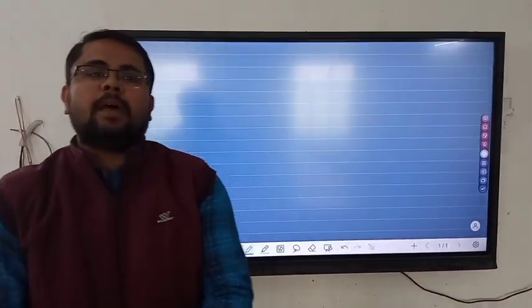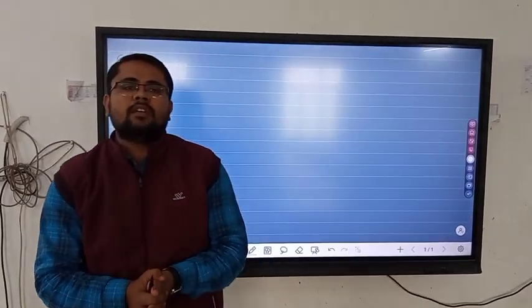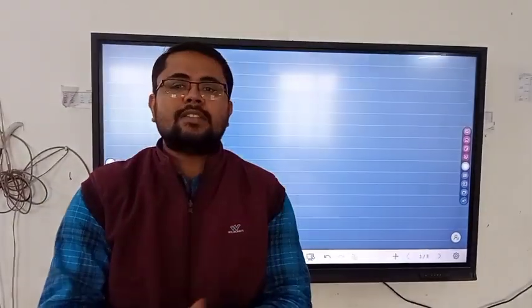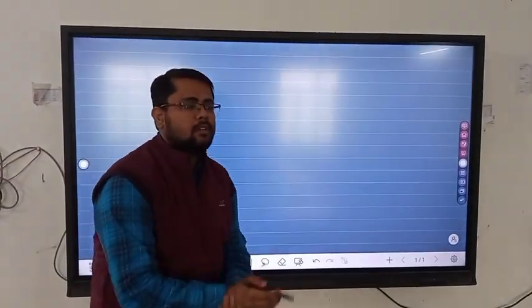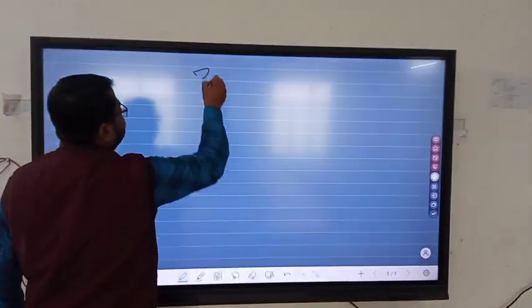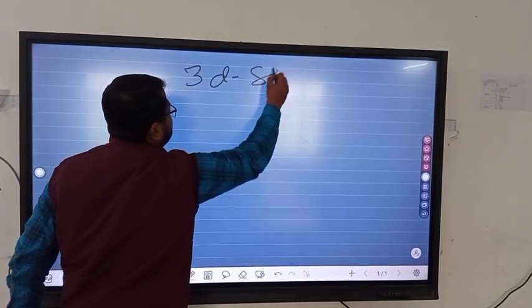Yesterday we studied about 2D shapes. Now today we are going to study about three dimensional shapes. So the three dimensional shapes are, 3D shapes are